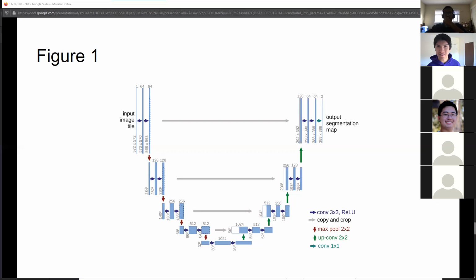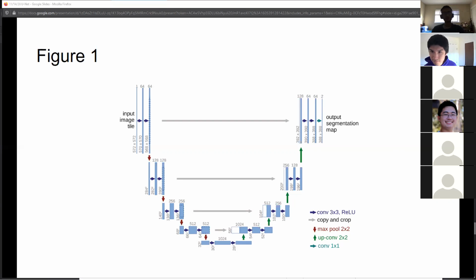Yeah, I was going to say, I think from the contracting layers, they're choosing the features with the highest resolutions. So when they concatenate it with the upsampling layers at the end, because of these upsampling layers, as opposed to having pooling layers, they're actually able to increase the resolution of the output as opposed to decrease it.